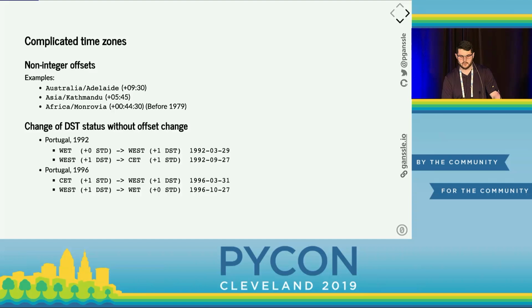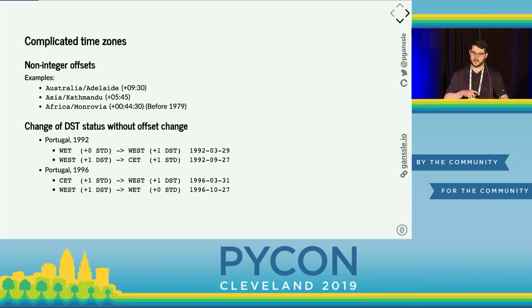There's also the situation where you may think, well, the only time that offsets will change is if daylight saving time has changed, and vice versa. Daylight saving time will not change without the offset changing. But in 1992, Portugal decided that they didn't want to be on Western European time anymore. Instead, they wanted to be on Central European time. So they were going to shift their base offset by 1 hour. And they decided to do this at a time that would be convenient for humans, but it turns out to be kind of annoying for computers,